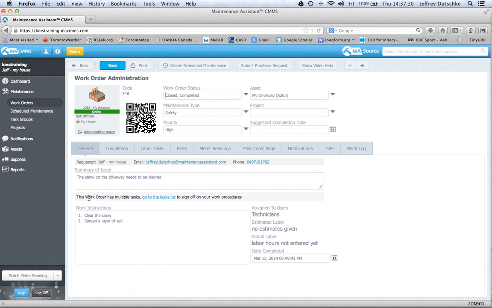a work order that says the snow on the driveway needs to be cleared, and I've given it some instructions, and I've completed it, and I did it this morning or this afternoon. So using this, we want to create a scheduled maintenance because we know it's going to happen in the future. So we can just click up here on create scheduled maintenance, and it tells us that scheduled maintenance SM96 has